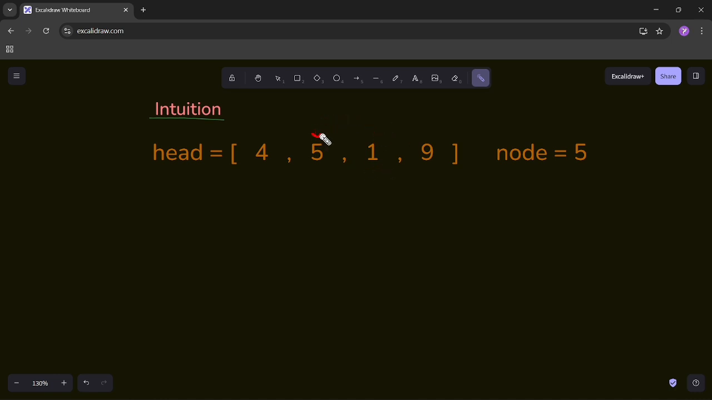node. Means we have this current node, right, that needs to be deleted. So I'm just copying the value of the next of this current node, which is going to be this one, over here. Means instead of 5 we are just putting 1 over here, right? So the first thing that we can do is copy the value of the next node into